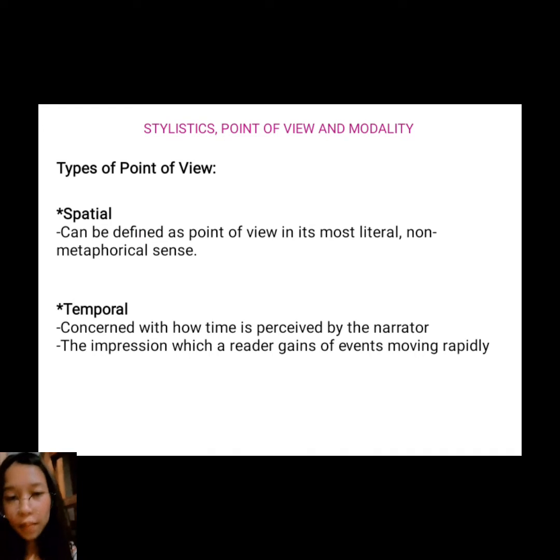We have different types of point of view. First is the spatial point of view. Spatial point of view encodes distance, nearer, farther, as well as position in relation to other objects, and it is non-metaphorical in sense. For example, the lion disappeared into the distance. This sentence represents a viewing position behind the lion, with the lion moving away. And it differs from the lion got larger and larger. This sentence represents a viewing position in front of the lion, with it moving nearer and nearer to the viewing position.